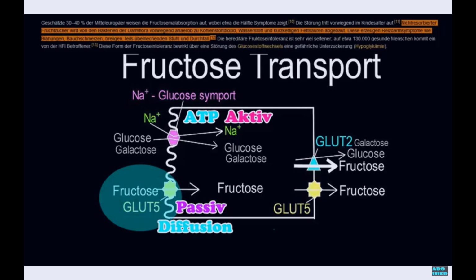So basically there are two ways to take up the fructose, part of the saccharose from fruits. One is called the transcellular way, which goes directly through the cell, and the other one is the paracellular way, which goes through the spaces in between the cells. So A, transcellularly by facilitated diffusion, and B, paracellularly by lactulose transport via